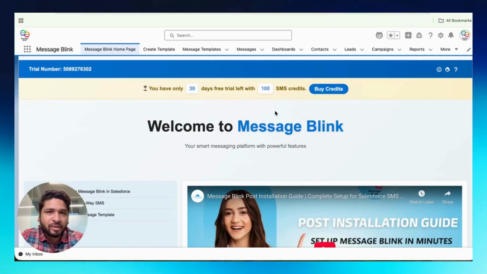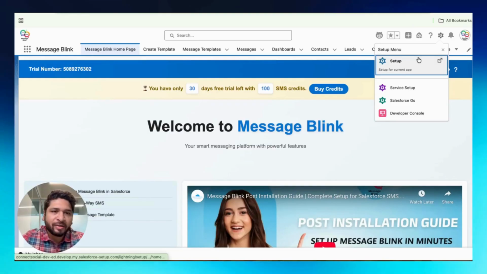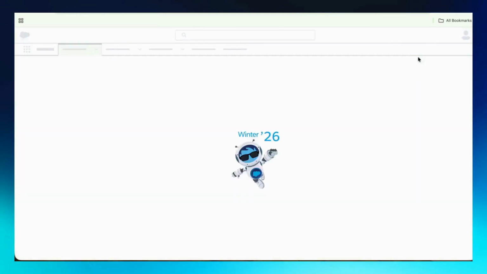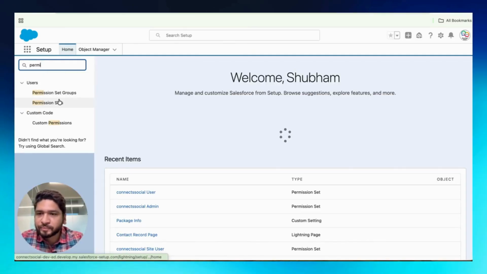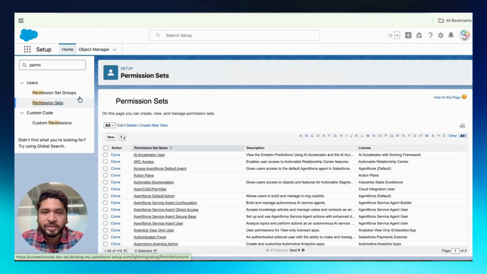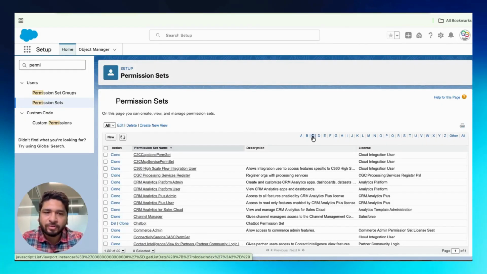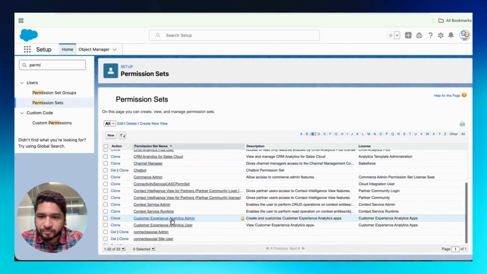Moving forward, just to make sure that everything is properly set up for you, as a best practice I would encourage you to go to Setup. After going to Setup, just type permission set. As I mentioned, these things are not required; these are just best practices. I'm cross-verifying whether the required permission sets have been assigned to me as a user. So I can simply go to the permission sets, and as you can see,